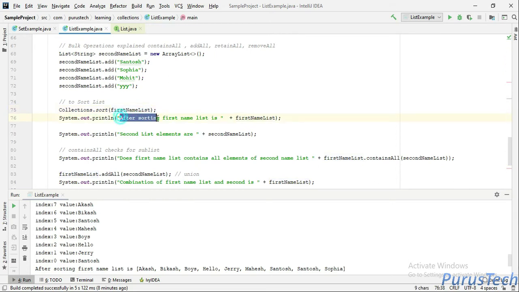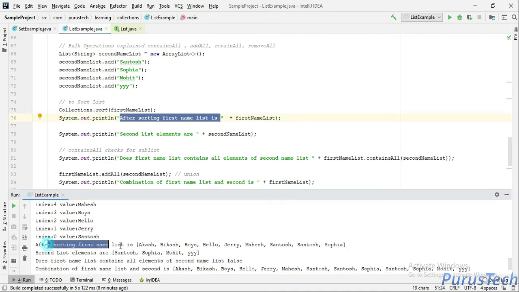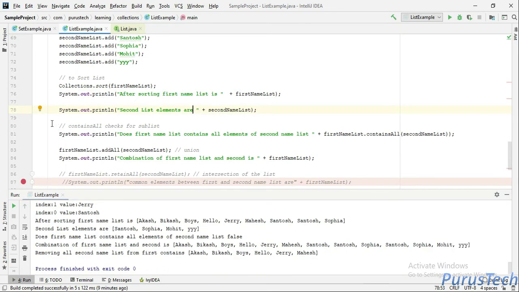You will see the output after sorting the first name list is here, and it is sorted in alphabetical order. If it is, let's say, an integer list, then it will be in ascending order. Now let's come to the containsAll method in the list. It specifies whether these list elements are present in the first name list or not.